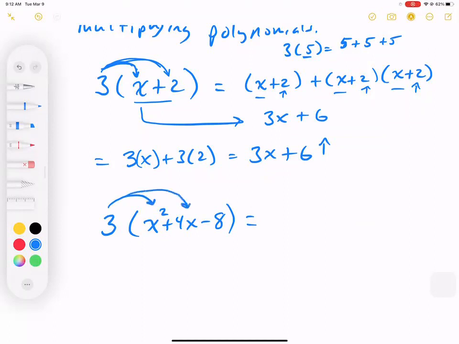You get a 3. And you get a 3. So let's go ahead and do that. I'm going to write it out once the long way: 3 times x squared plus 3 times 4x plus 3 times negative 8. Okay, see, I'm multiplying 3 by everybody. I'm distributing